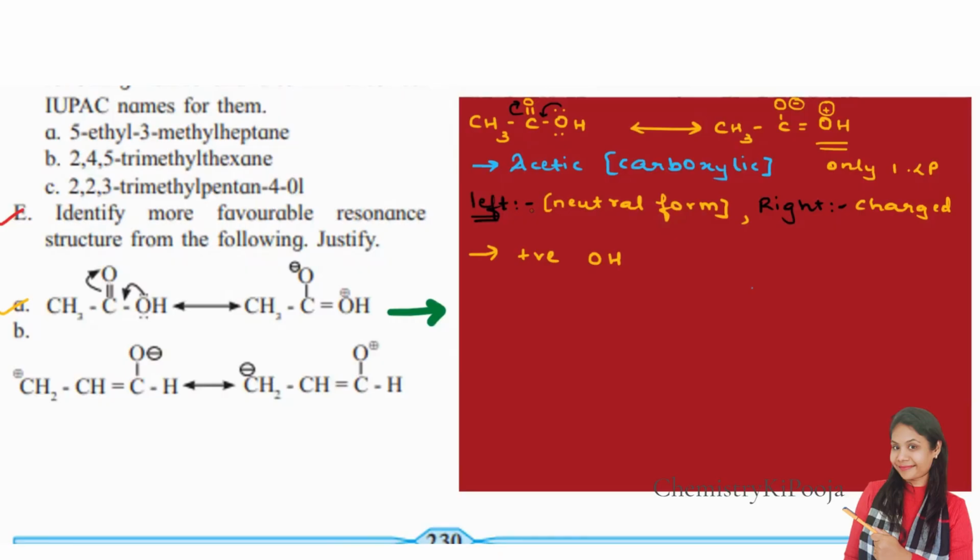Clear? Now, why is it so? Over here, in the second structure, the opposite charges are present on the adjacent atoms, isn't it? This is carbon, we have oxygen. These are the opposite charges present adjacent. Okay. Now, because of this adjacent carbon atom,